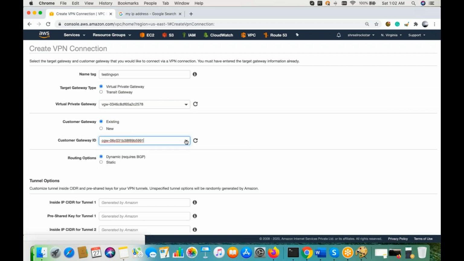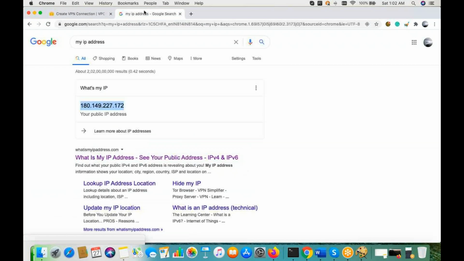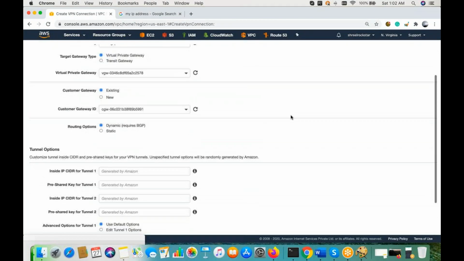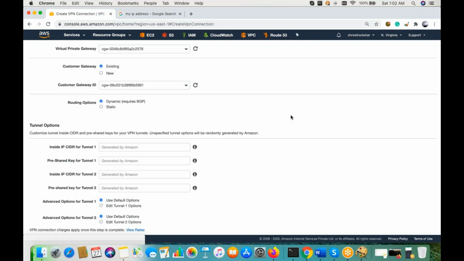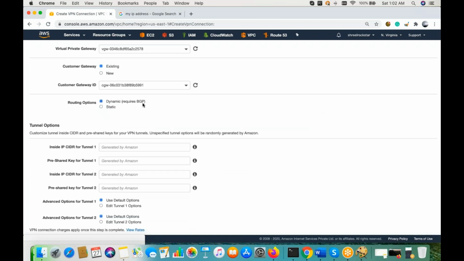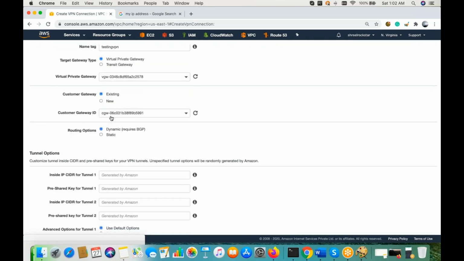So you can give the IP address, this one guys, which I have given for the process. So I'm okay with it because we don't have any real-time setup. Now BGP routing is always required, guys. It's dynamic, means the routing option where you are going to get high availability. If you go with static, you have to provide a specific IP address. But with BGP routing, you decide whether the customer gateway coming from the physical data center IP address will be accepted or not.